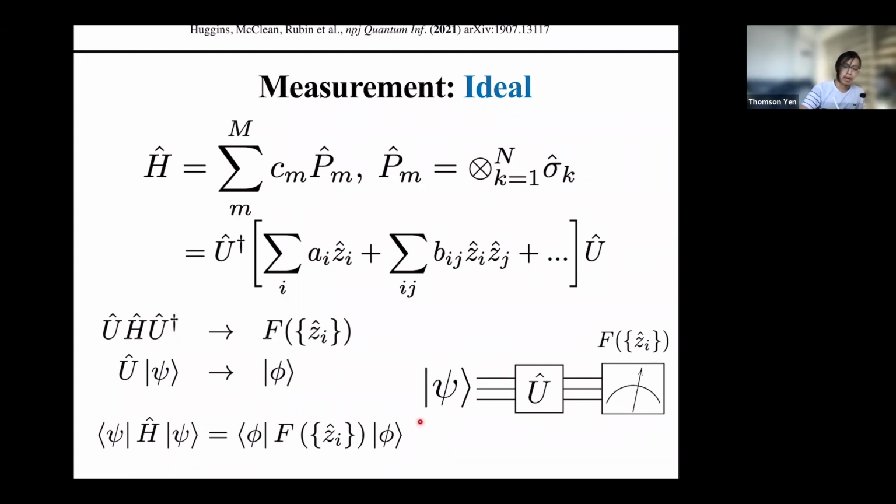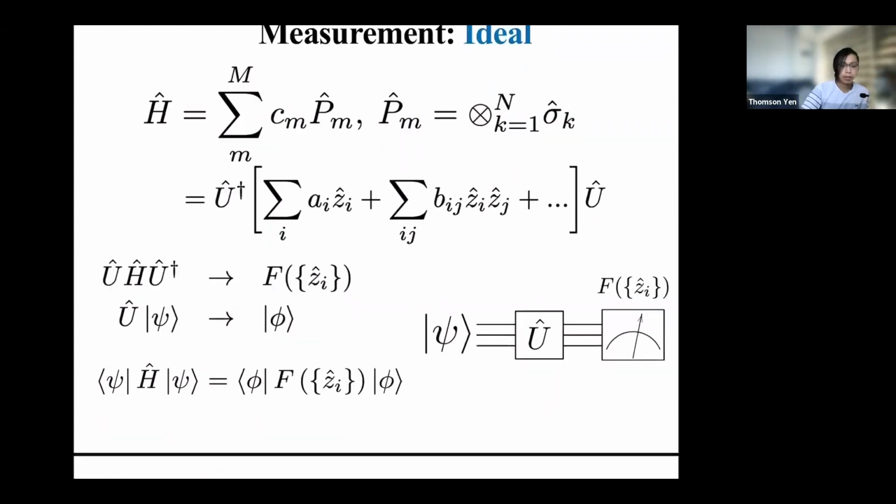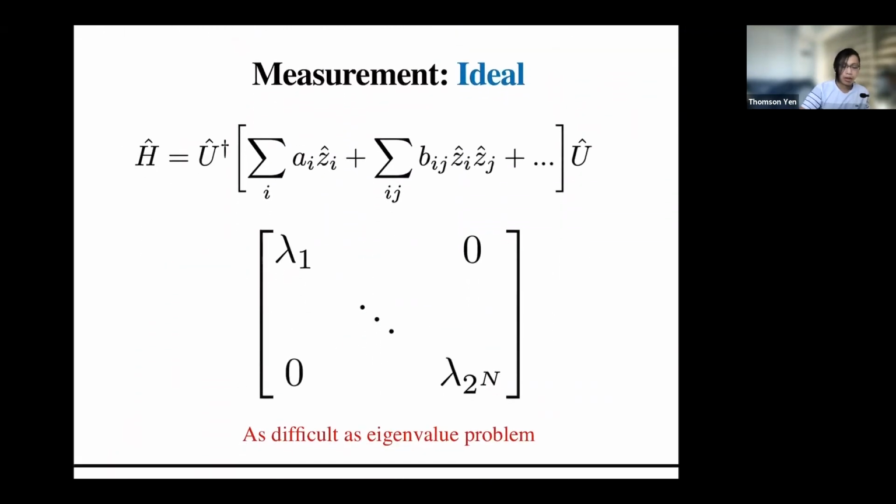So on the VQE, you're just introducing an extra unitary, and then you measure this function Z operator. Now, this is the ideal case, and we could see immediately why this isn't possible by looking at the matrix